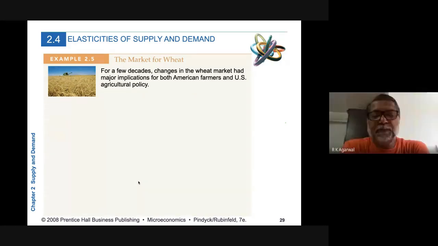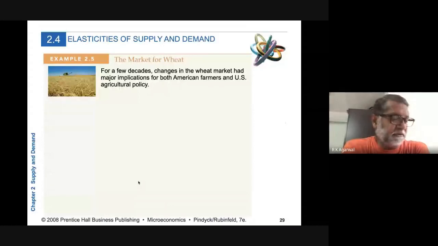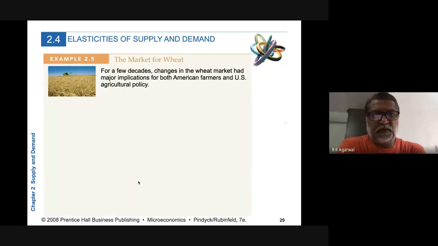So I know it personally that there is a lot of implication on not only farmers, but also agricultural policy. I referred to something called the minimum support price earlier. Wheat also happens to be one of the agricultural products for which the government